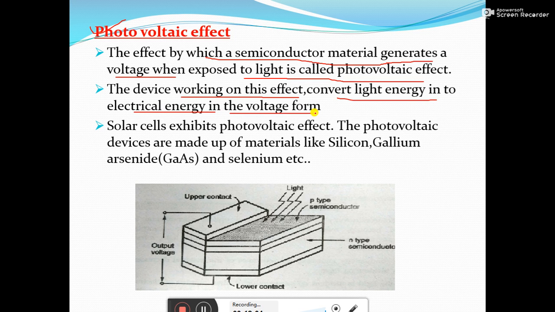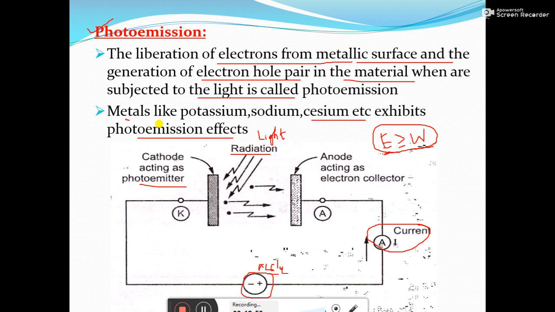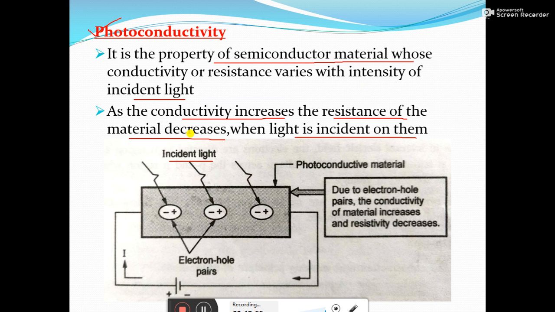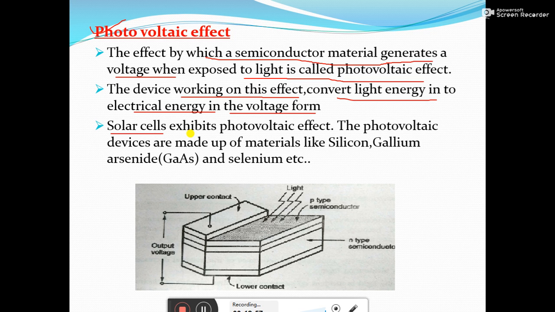form of voltage. The best and very popular devices which work on this photovoltaic effect are the solar cells. Here they use sunlight as a light source, unlike in the previous cases where they use existing light sources from light technologies. But here the solar cells particularly use the light rays that are coming from the sunlight.